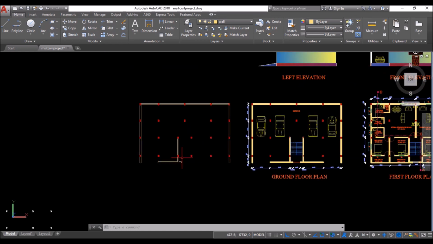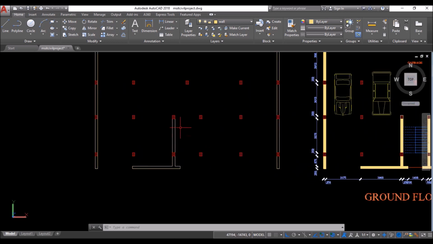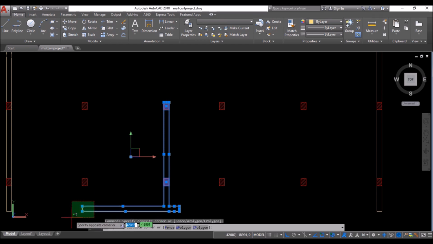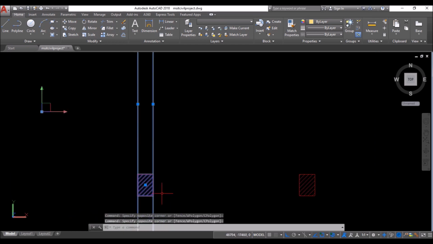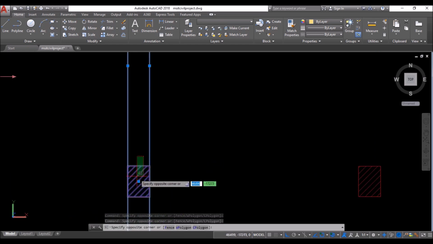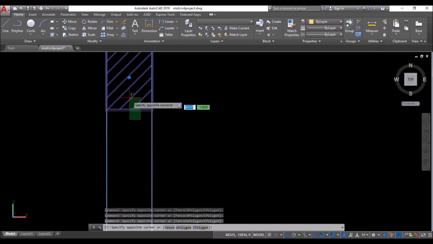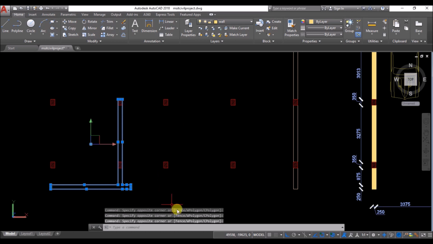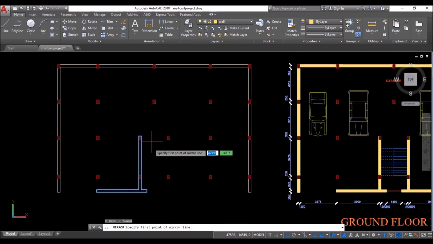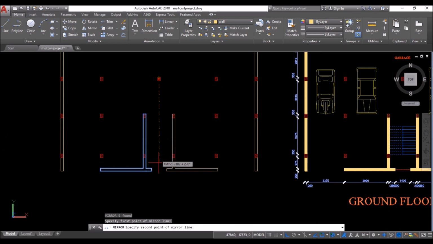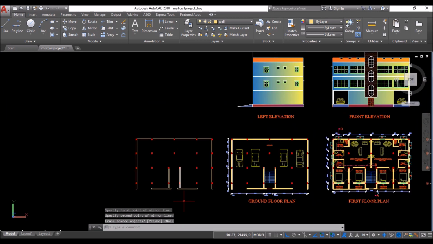Now I'll select this wall and mirror it to the other side. So I'll select it by green window selection as shown. In doing so, I have selected the two columns as well. So select the columns while pressing shift key on the keyboard to deselect them. Now type MI and press enter. Click at the midpoint snap as shown and click somewhere downwards and press enter to mirror the wall.